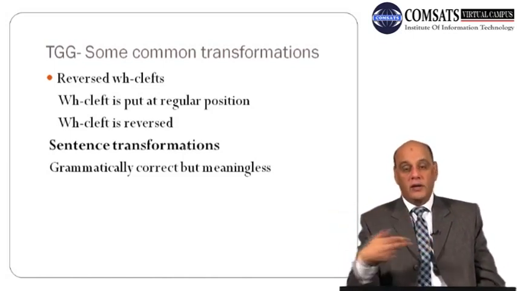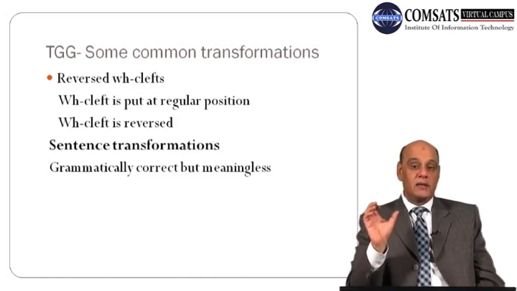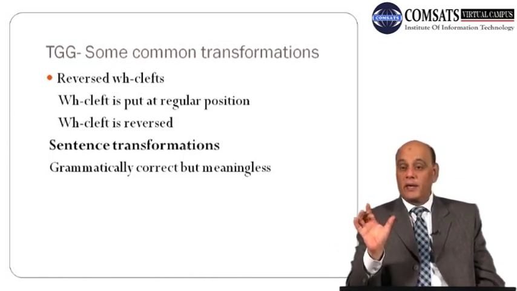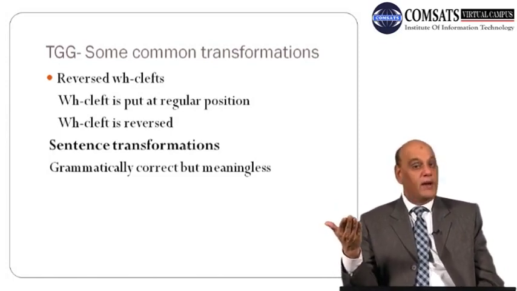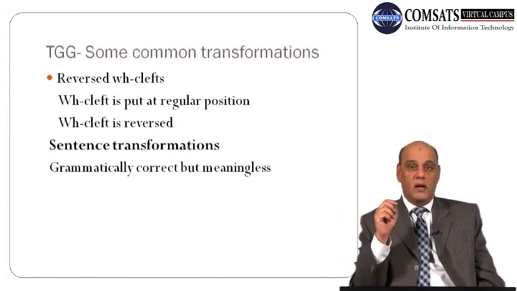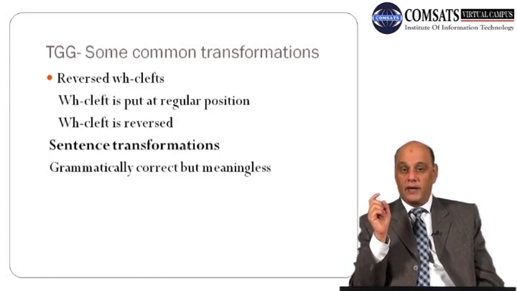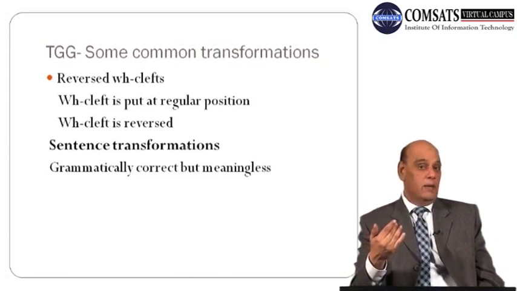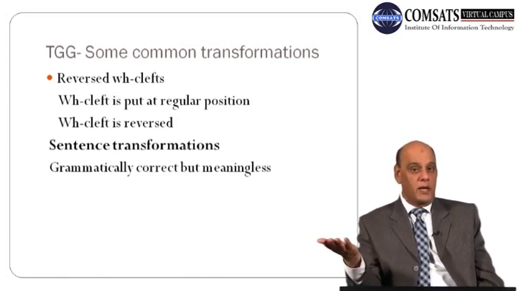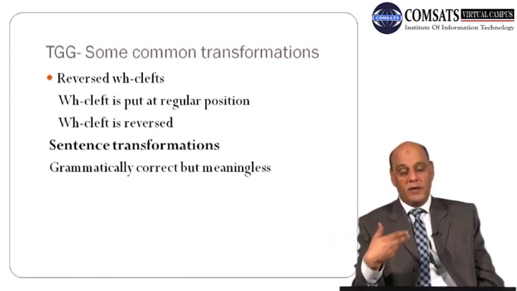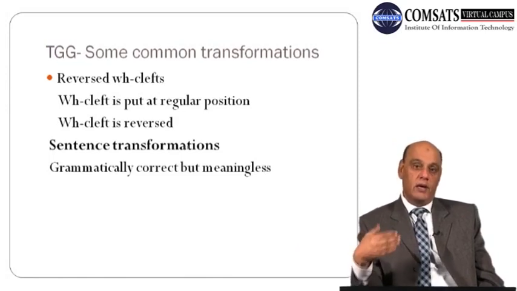It has all the requirements of a perfectly grammatically correct sentence, but it doesn't have any clear meaning. We had that very famous sentence, if you remember, "Colorless green ideas sleep furiously." Now it's a grammatically correct sentence but doesn't have any clear meaning. There could be some abstract meaning behind it, but it doesn't have a very clear meaning where you can really understand